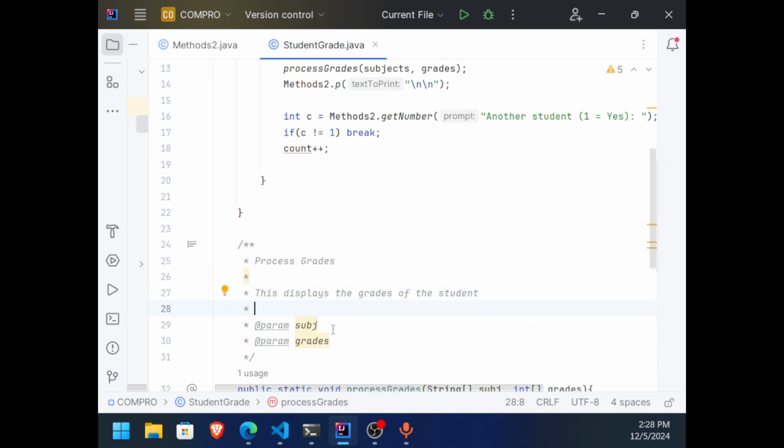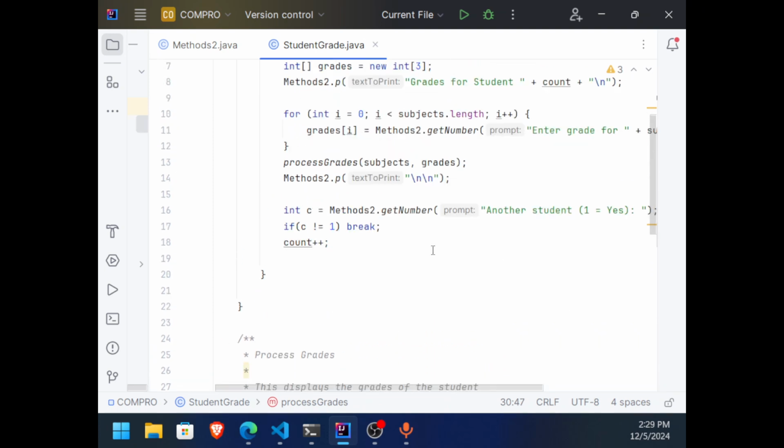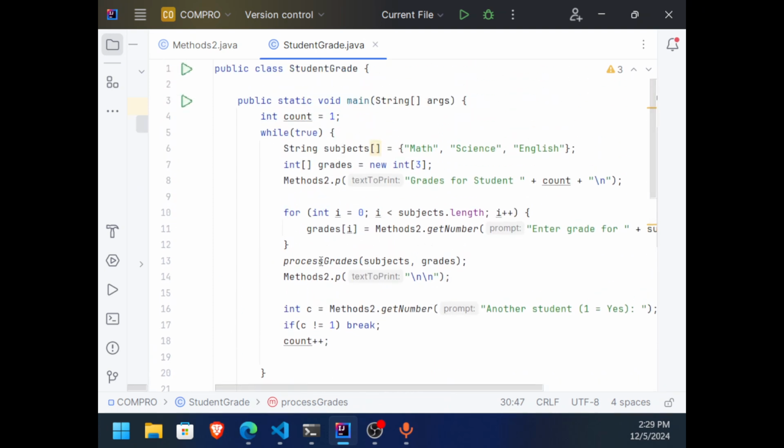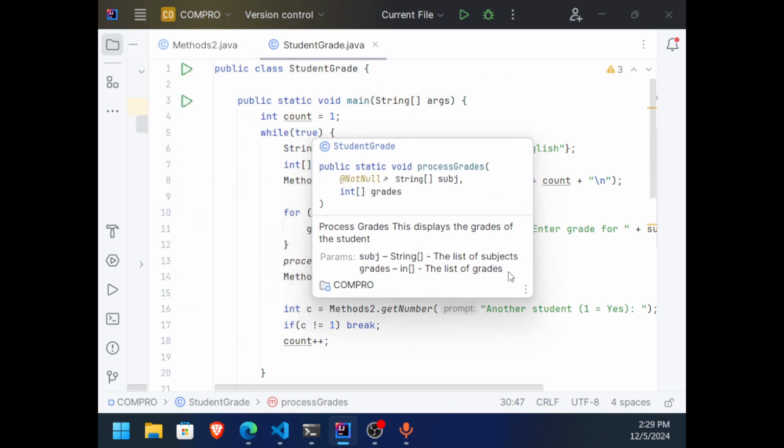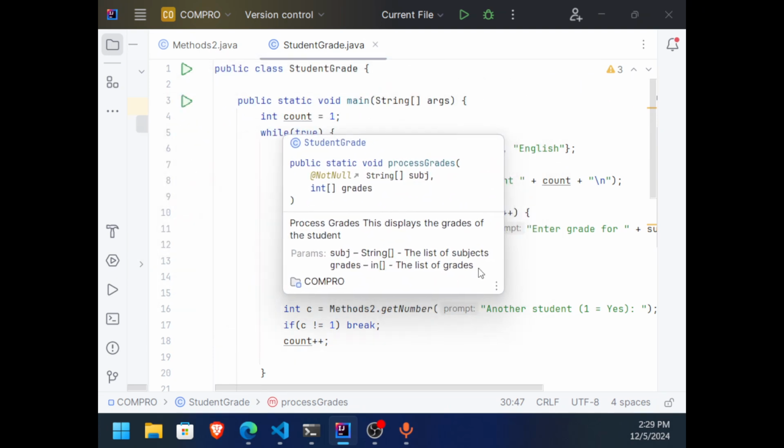Okay? Parang subject string array. Okay, the list of subjects. Then int the list of grades. Pag in-over nyo dito, yan. Ayan o. Papakita niya sa inyo. Okay? Not null.